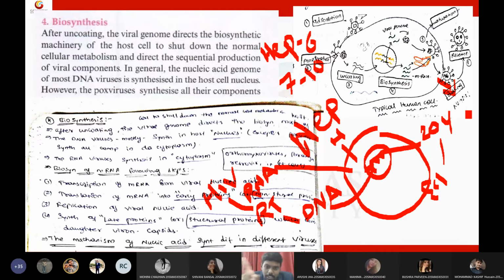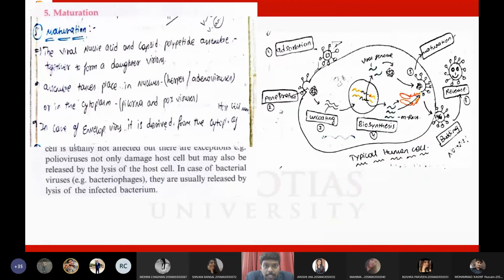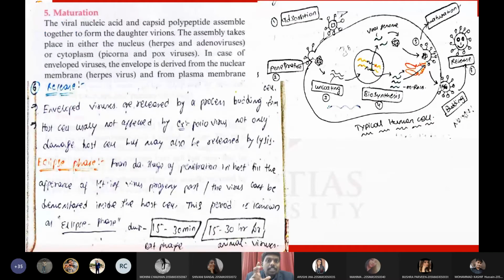HIV is a different story. That is the eclipse phase. Eclipse phase means the virus will be completely hidden from the immune system and the blood tests. That is why, students, when we suspect a patient has certain HIV or AIDS symptoms, we conduct an HIV test and it comes back negative. That doesn't mean it's a true negative. Maybe the virus is in the eclipse phase.